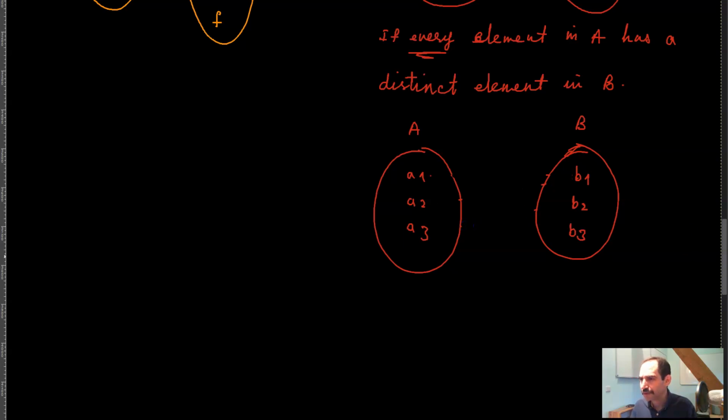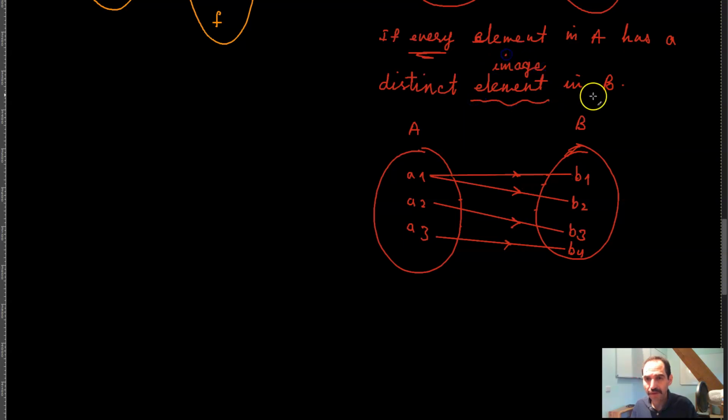Suppose that you have some situation like this, meaning that you have B mapped to these two elements, and this element has been mapped to this element. Now, let's say that there's a B4 over here, and this element has been mapped to this one, so we have no empty elements here. But then the problem here is that we said that every element in A is supposed to have a distinct element or image in B,